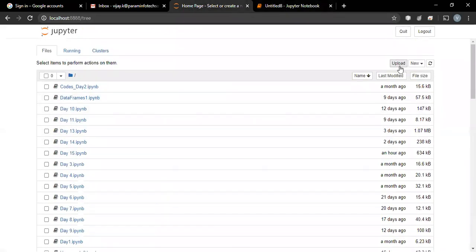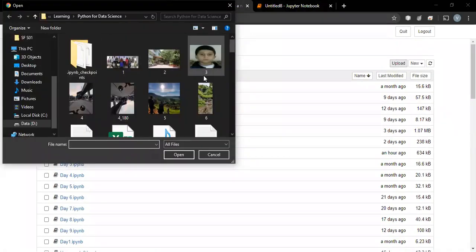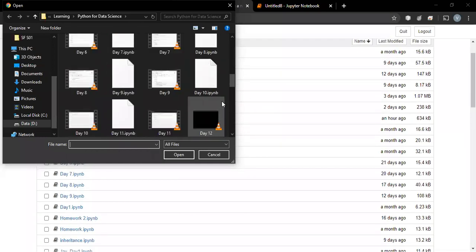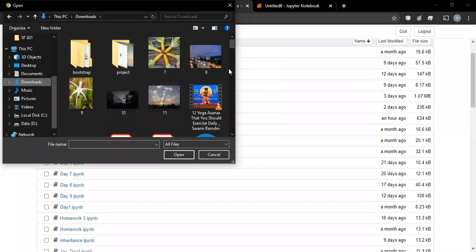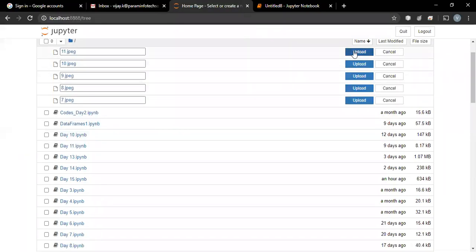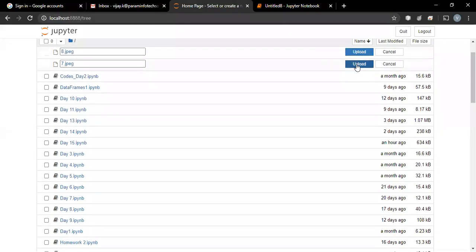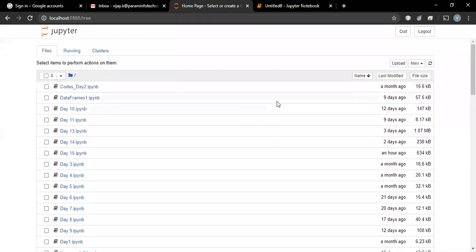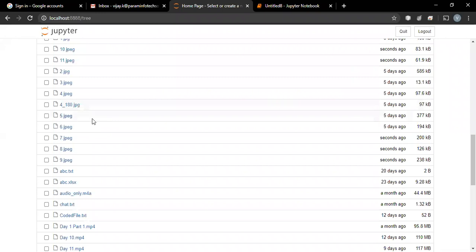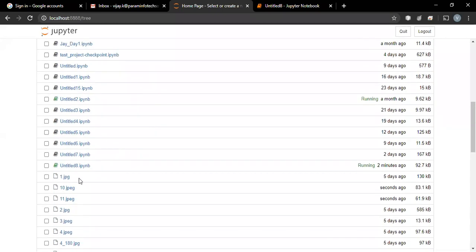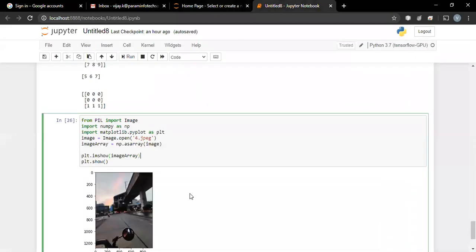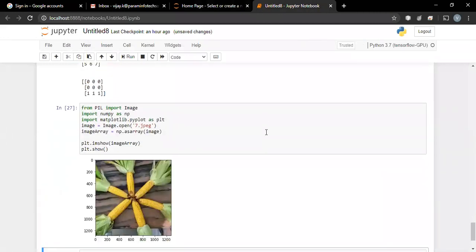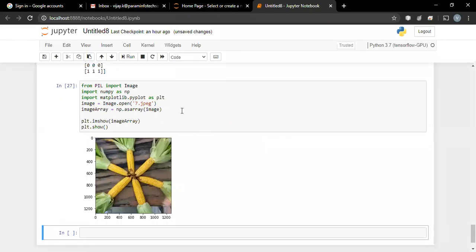After this, my next step should be importing all the images into our folder. So from downloads, image numbers 7, 8, 9, 10, 11, and open. So we have images 7, 8, 9, and we have 10.jpg and 11.jpg. Okay, let us try to open some image. We'll go with 7. So this is our image that we are displaying.